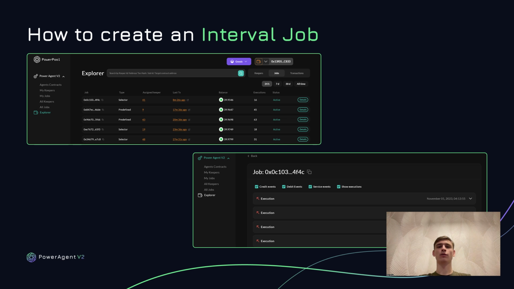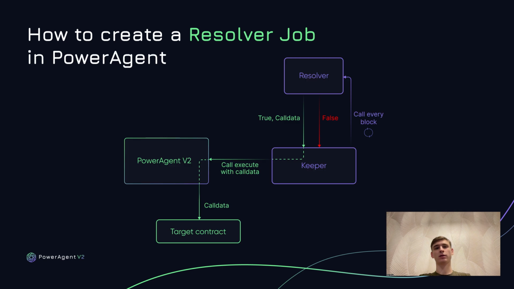Now let's look at more flexible resolver jobs. These jobs allow you to automatically execute smart contracts based on arbitrary on-chain logic, which is defined by you. In simple terms, a resolver is just a smart contract, which may be the target contract as well, which performs calculations and tells the keeper if the time has come to execute the job, and if so, what call data